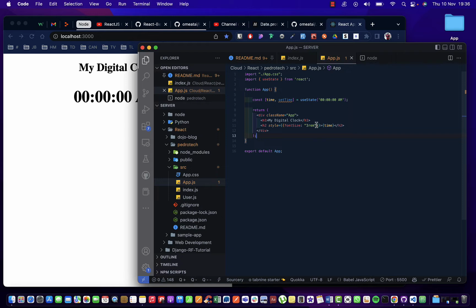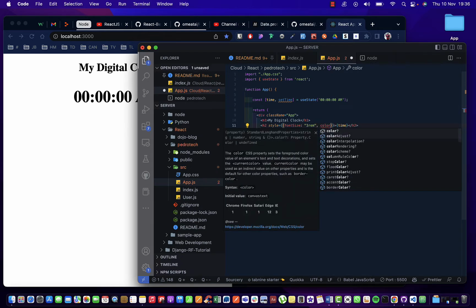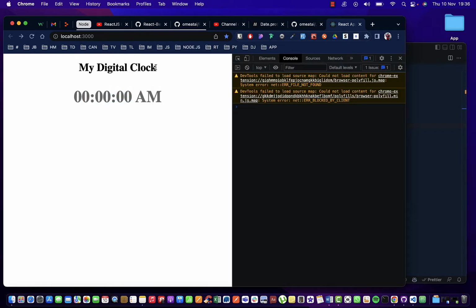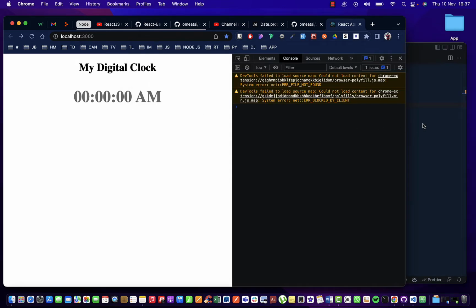And let me just change the color. So I'm going to say color, right, and I'll specify the color, and let me just give that gray. No, that's not the spelling. Yes, gray. So now I have my digital clock looking something like this. So this is static because I just put it at the default value here. So I'm meant to set the time, and to do that I'm going to